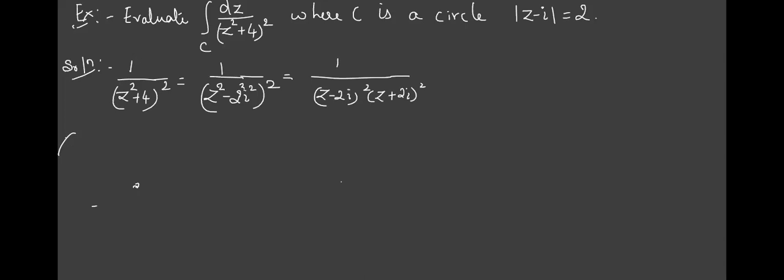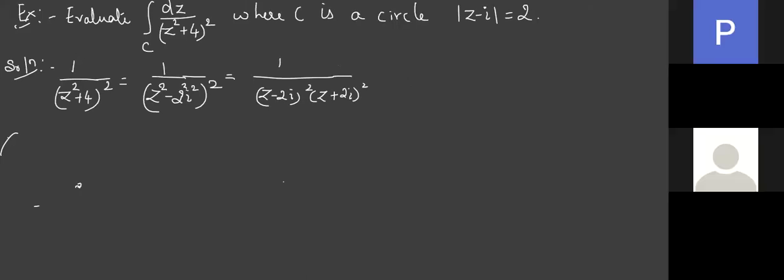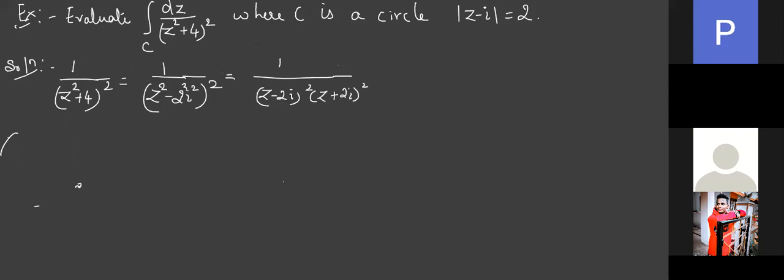We resolve into partial fractions, isn't it? Now tell me how many constants will come if we want to resolve. Only 2, since the power of this is 2. So I'll get 2 constants, A upon z minus 2i plus B upon (z minus 2i) the whole square. Similarly, the power is 2 here, so we'll get 4 in total. Is it an easy work to get all the 4? Really, it is very difficult.